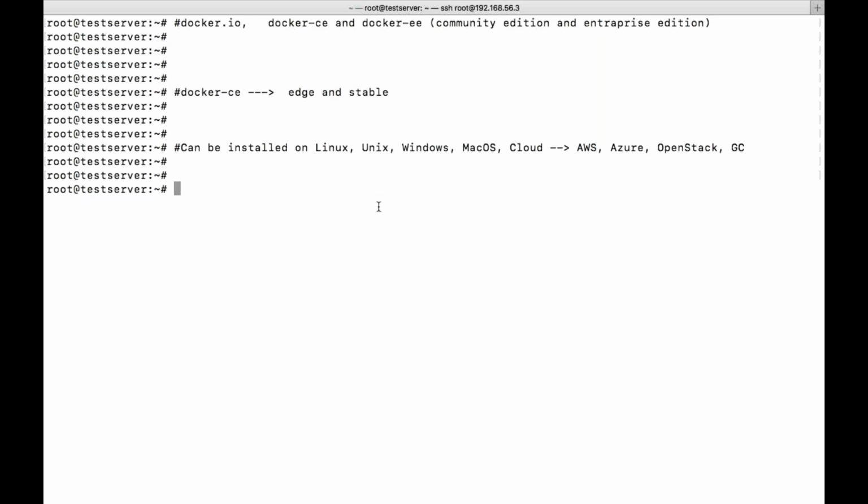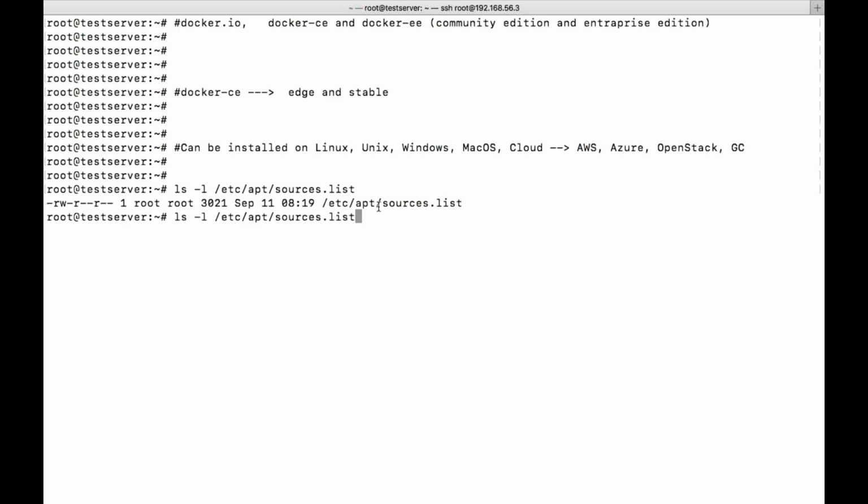Okay. So as of now, I don't have any repository. See, on Ubuntu, whenever you create a repository, that will be stored under a directory called /etc/apt. Entries are either added in the sources.list file or a separate file is created under this directory. Okay, that you need to remember. So repositories will be created in this location for Ubuntu or Debian.